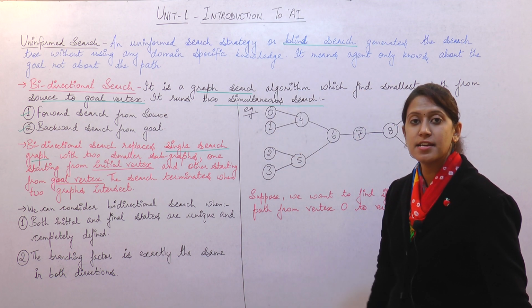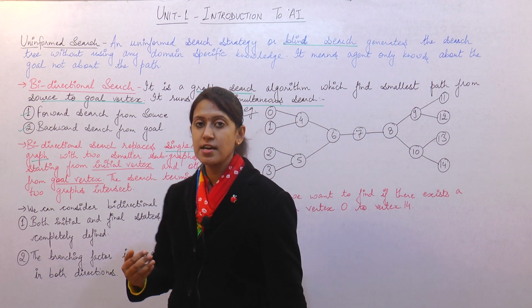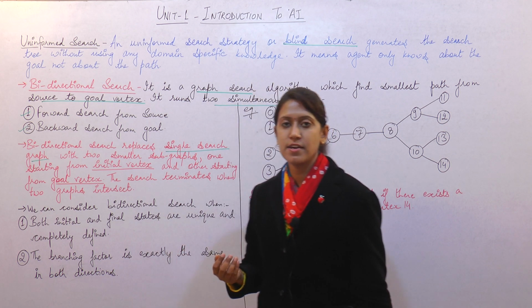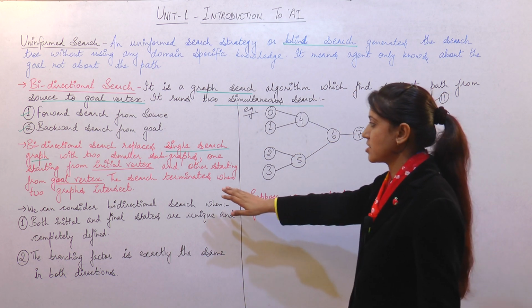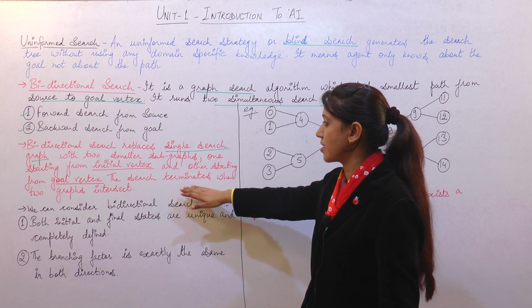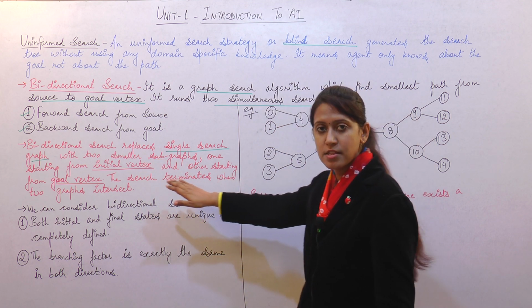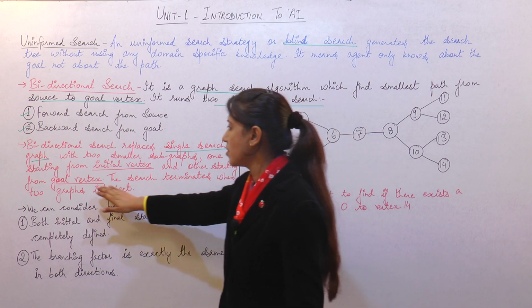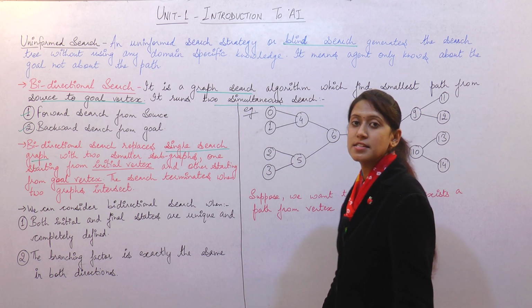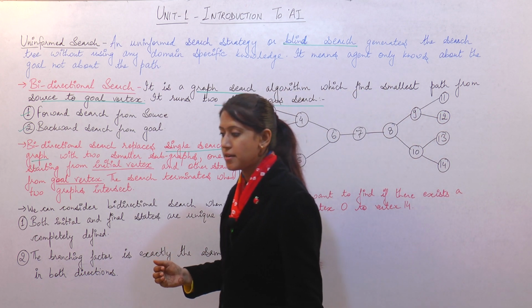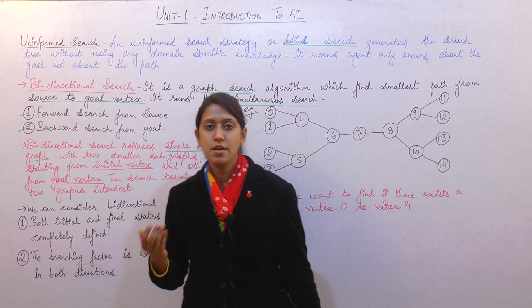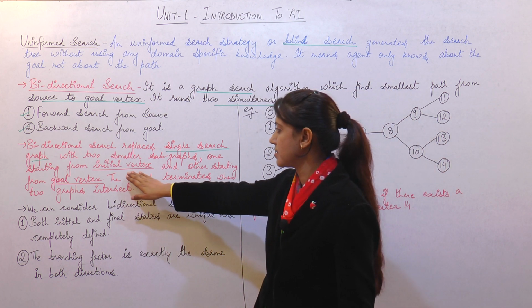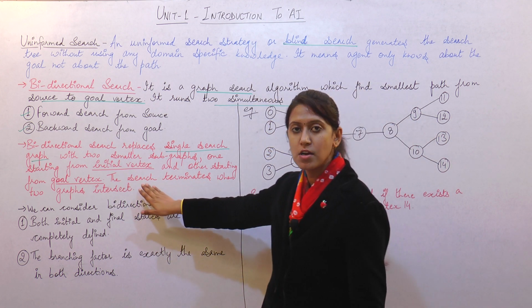In a single search we are searching the graph from the source node or initial vertex to the destination vertex or the goal node. But in bidirectional search we are replacing the single search graph with two smaller subgraphs, one starting from the initial vertex and the other starting from the goal vertex. In single search the path is single, but in bidirectional search we divide it into two paths.